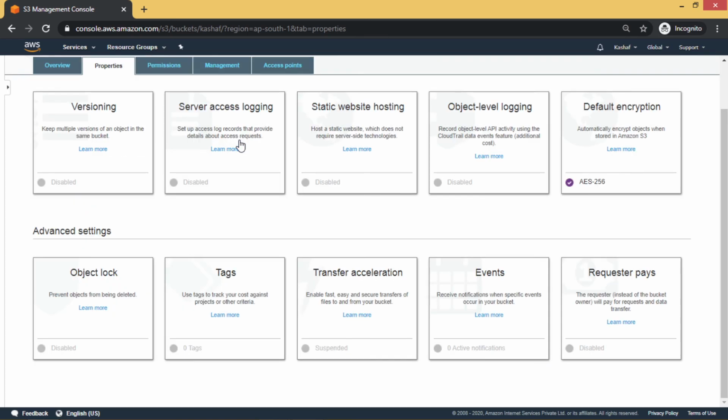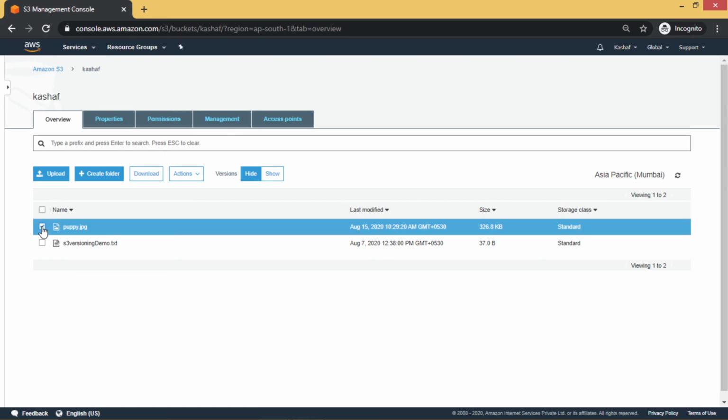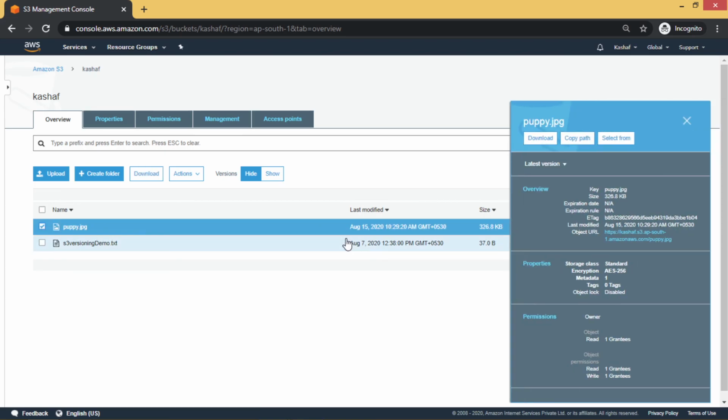So I'm going to close this and go to overview. You can see I have two objects here from my previous videos. If I click on the first object, puppy.jpg, you can see in the properties part, encryption is AES 256, which is nothing but SSE S3. So this object is encrypted.